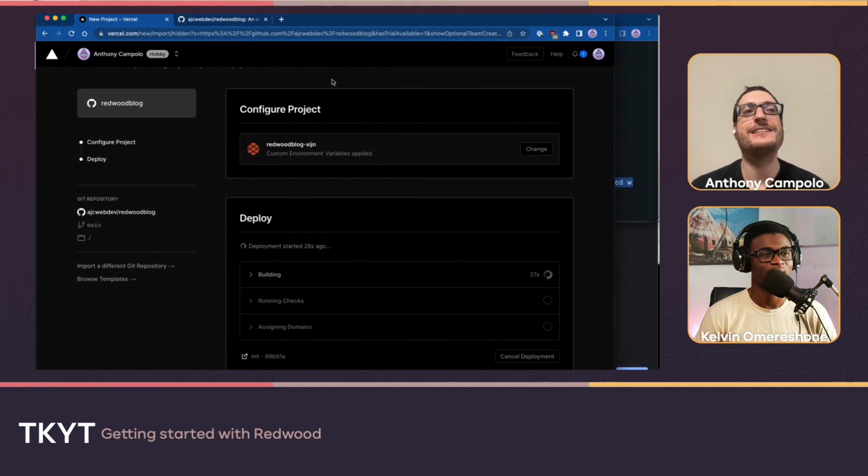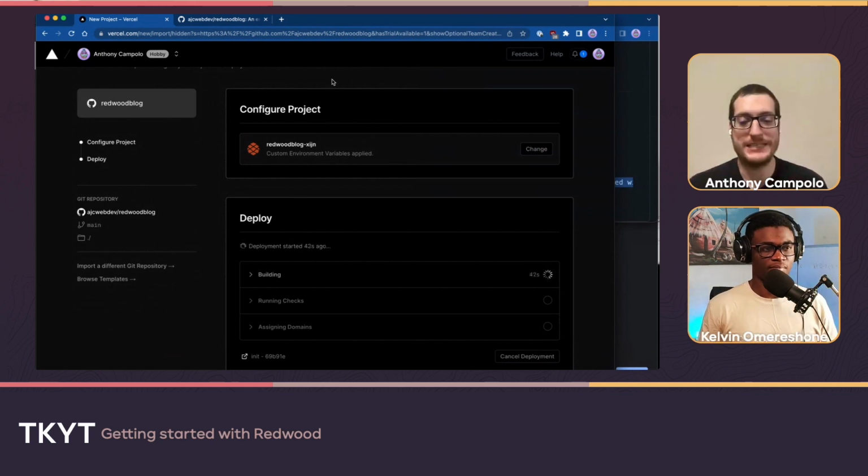And the biggest barrier for a lot of people seems to really be GraphQL. Either people don't know GraphQL or they've used GraphQL in the past and they felt like it had a lot of overhead. So what I really try to stress to people is that if you have used GraphQL in the past and you thought it was really confusing and had a lot of overhead and your project felt really complex, Redwood addresses those concerns.